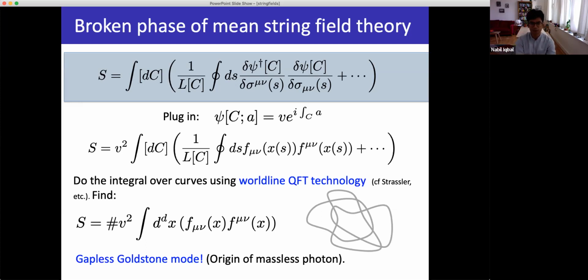The point is, I claim the right way to think about this is the following. You have a genuine one-form global symmetry associated with the conservation of magnetic flux. That one-form global symmetry is genuinely spontaneously broken, as diagnosed by these line operators. And the 4D photon that we know and love is the genuine Goldstone mode of that symmetry breaking. That's why it's actually massless. And this point of view, I want to stress, is not something novel to us.